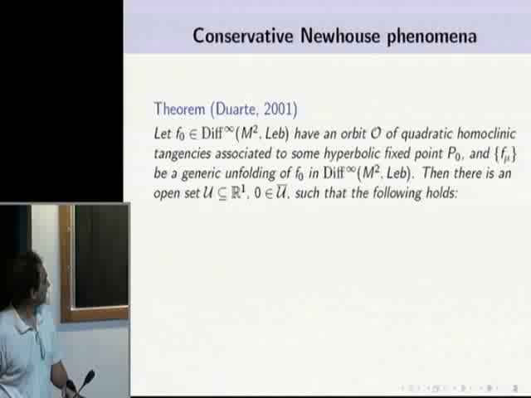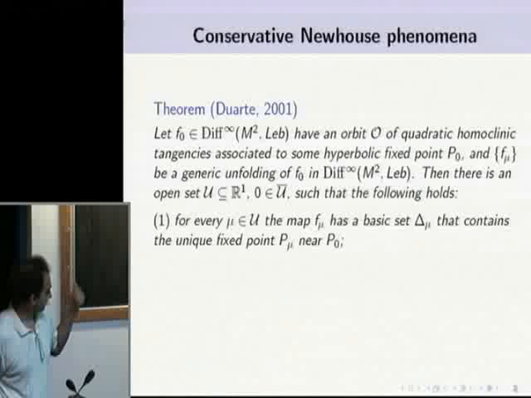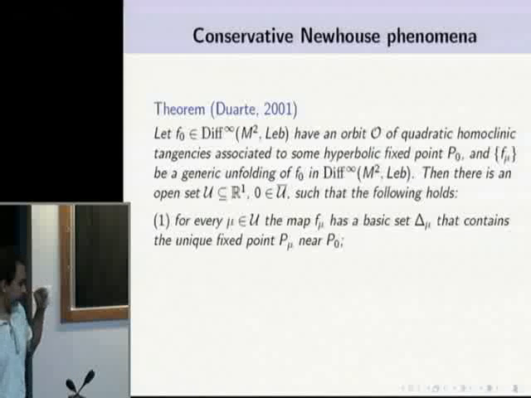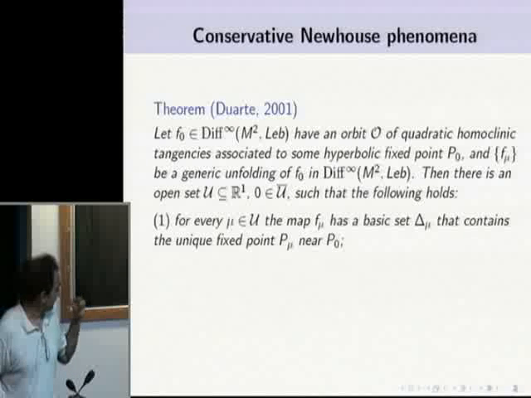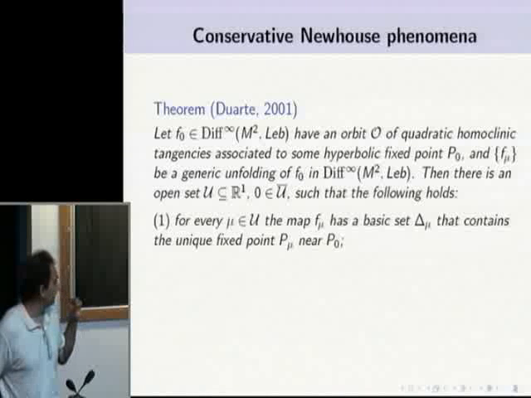If you consider the diffeomorphism, well, in this case, he formulated it as a C infinity statement, but actually it's enough to say C6, for example, just to make sure that you can apply KAM theory to all the statements. So you have a one-parameter family of maps. The picture is exactly the same. And in that one-parameter family, there is an open interval arbitrarily close to the point that corresponds to the homoclinic tangency, such that each